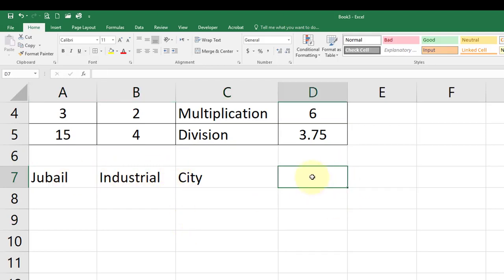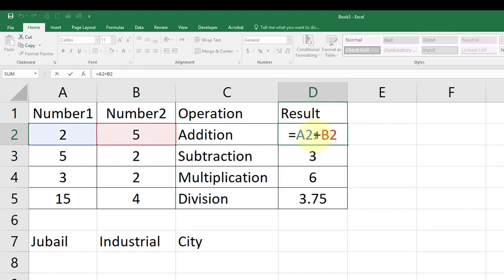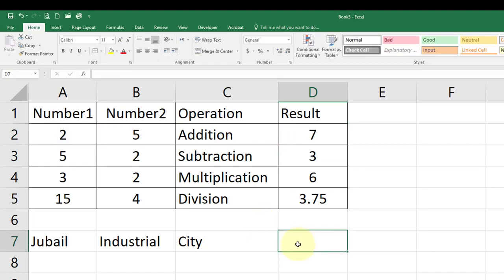So how we will do that? Let's say we'll start from here. Now here the basic concept is the same as we were using here. Like it says the plus sign. Plus sign is actually adding. Now this is a calculation, so it's adding these two numbers. We cannot add these two strings by just putting the plus sign. It's going to give us an error.